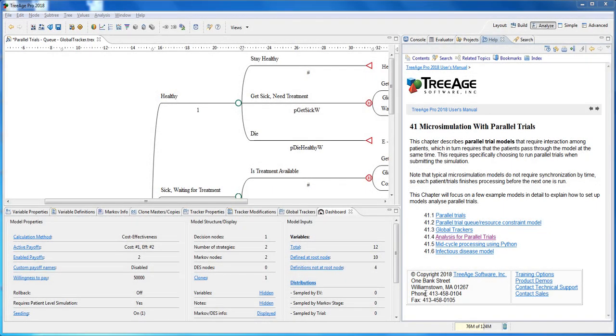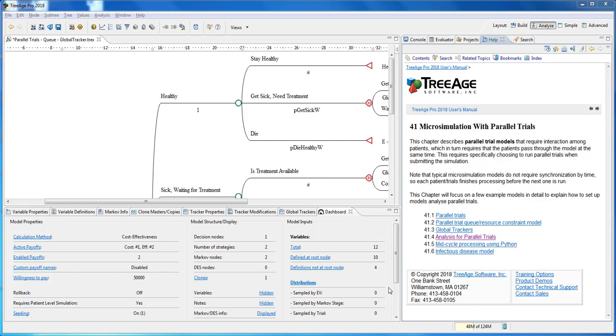Welcome to this demonstration by TreeAge Pro about some of the new features added in 2018 to help you build models which need to be run with parallel trials. A couple of examples of microsimulation models where you may need to have patients synchronized by time are limited resources, where you may need to allocate resources as individuals in the population need them, or then release them, or models where the state of a patient, for example if they're infected with a disease, can impact other patients directly, such as an infectious disease model. This brief demonstration will show you where to access the tools you need to begin using